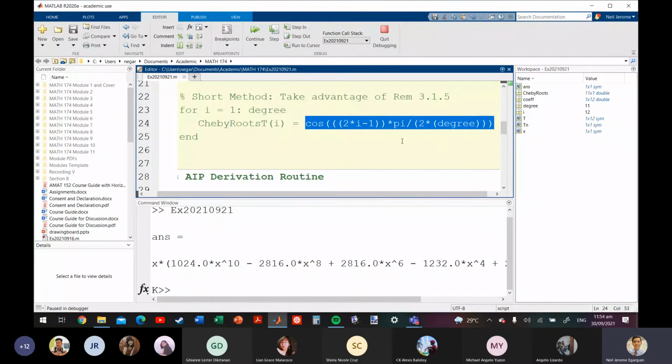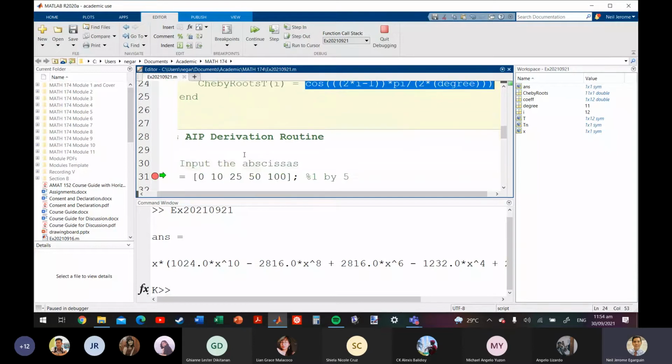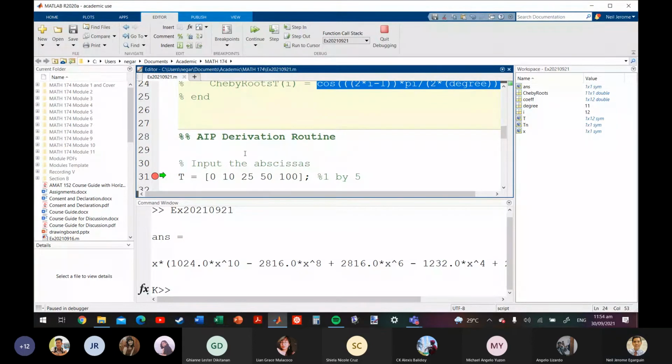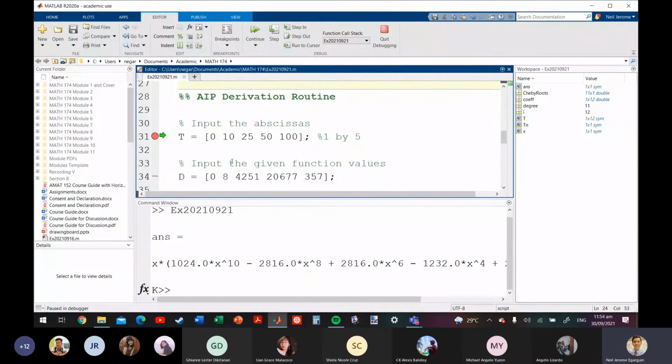So yeah, but you will get approximately the same results whether you use the long or the short method. Okay. Now, I will use the interpolation code that we used last time, pero kailangan ko lang siyang i-modify ng konti. For instance, yung mga interpolatory abscissas, hindi na sila eto, kasi ang gagamitin na nga natin yung roots ng Chebyshev polynomial.